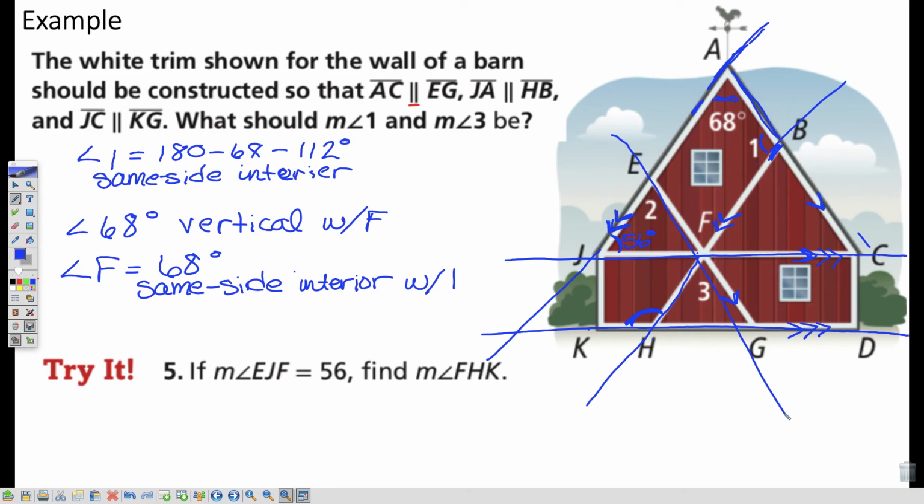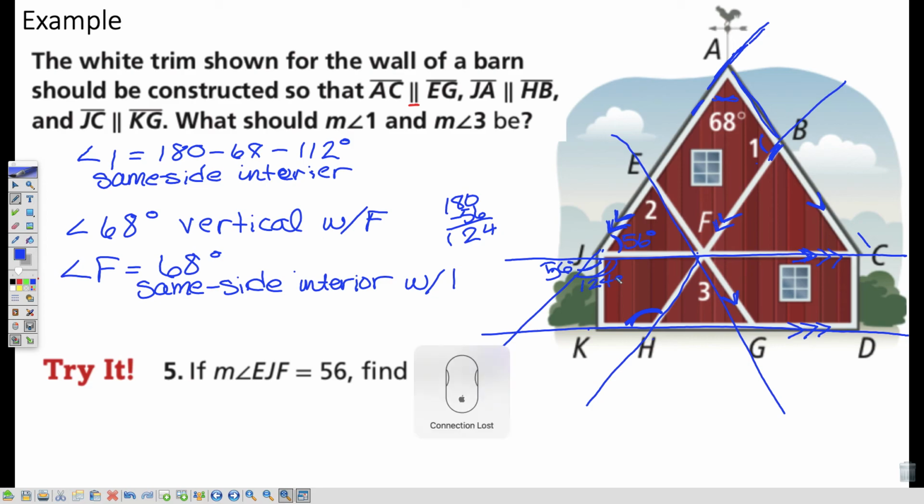Can we use it? Yeah. So I know this is 56, that's 56, yes. This is vertical. I know this whole angle is what? It would be supplementary to that, correct? Because it's a straight angle. Yeah. So 180 minus 56 is 124? Yeah. So if this is 124,